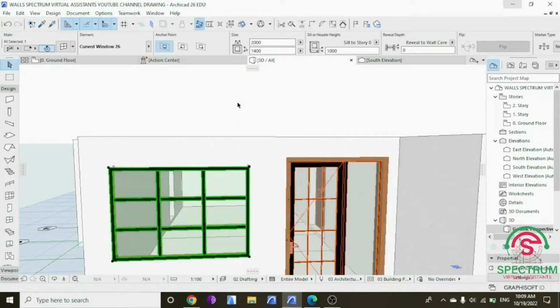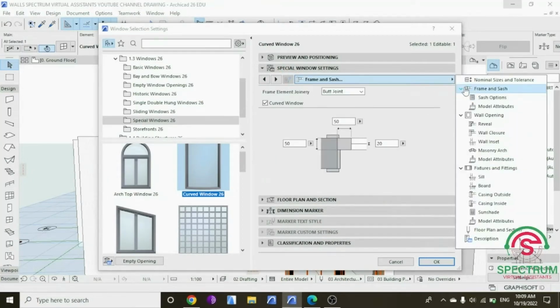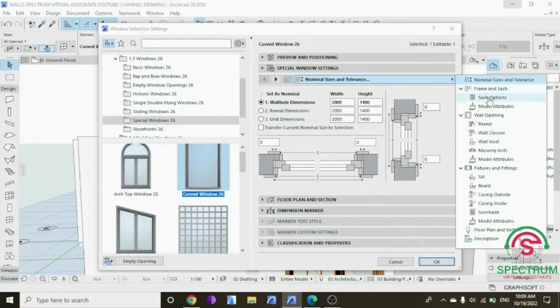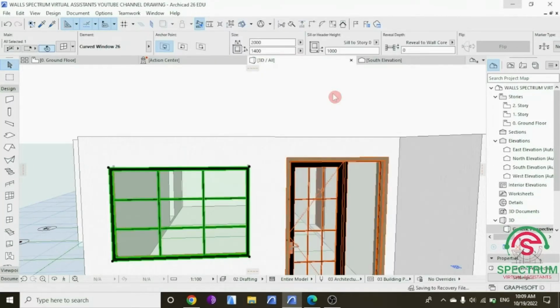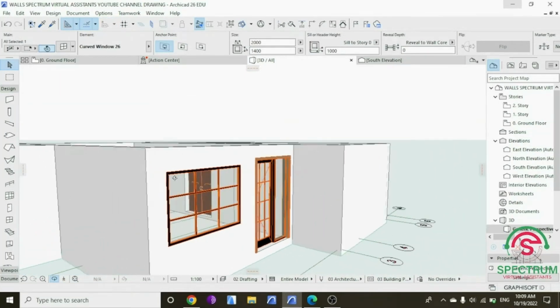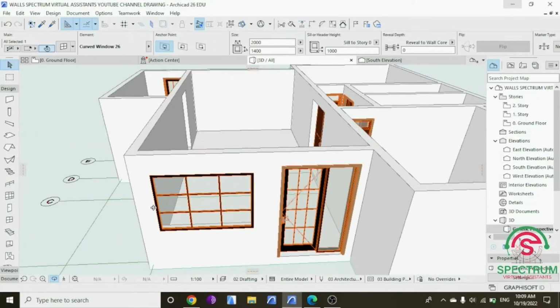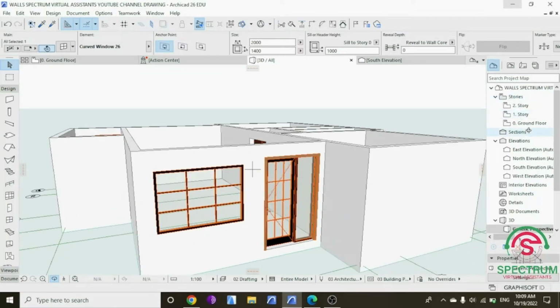Click on it, click on window selection settings, and let's make some changes. Under sash options, let's change the thickness to 25 millimeters, and this is how it will look like after making that change. Click on ground floor,